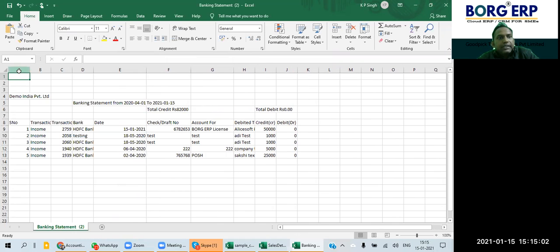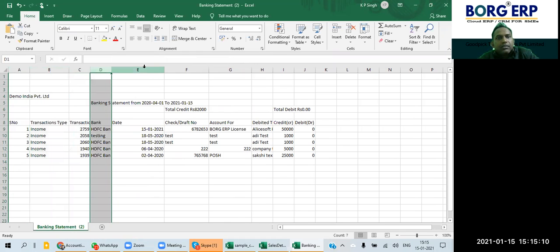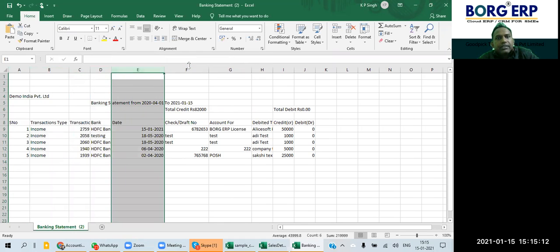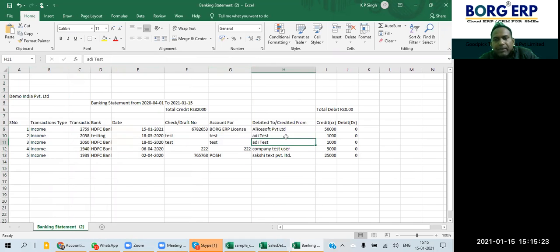So this is the serial number, this is a transaction, this is the transaction ID, this is the transaction type, income, this is the bank, this is the date, this is a check or draft, this is account for, then this is debit to and credit from, where that payment has come from or to whom we have given.